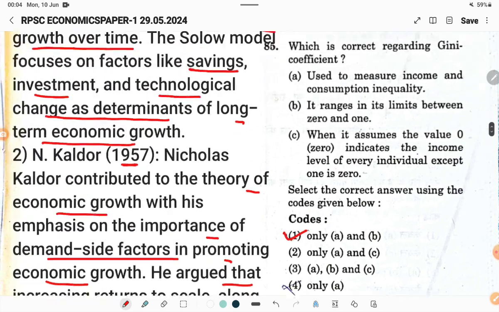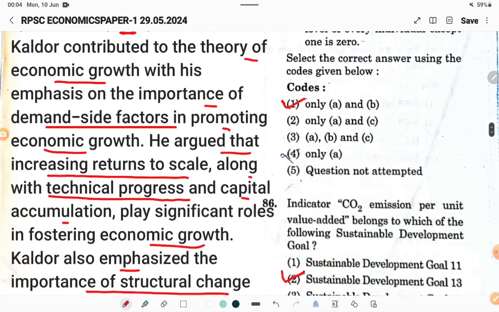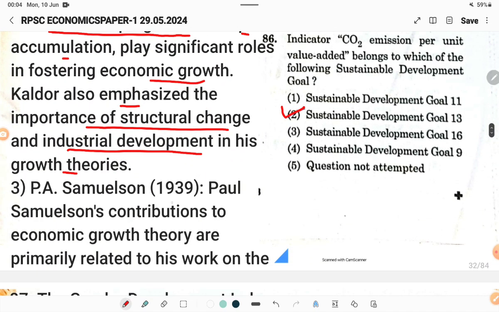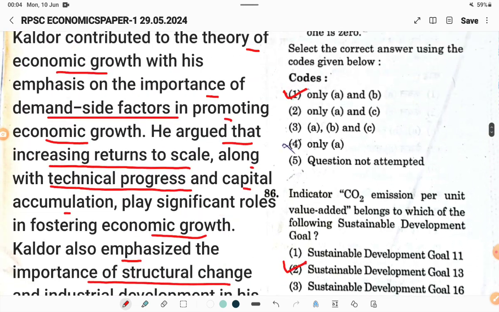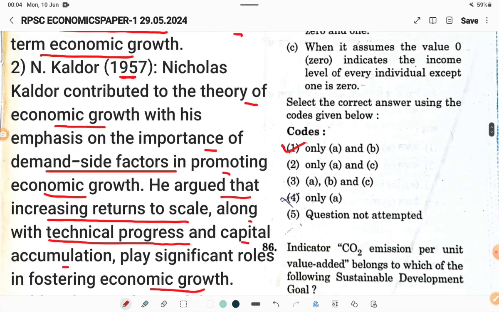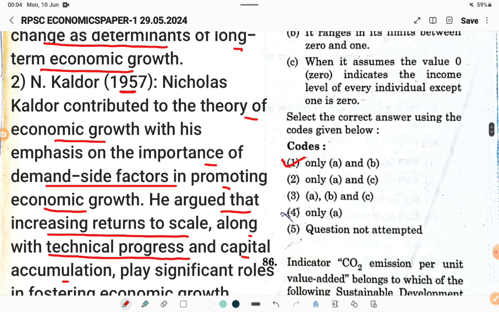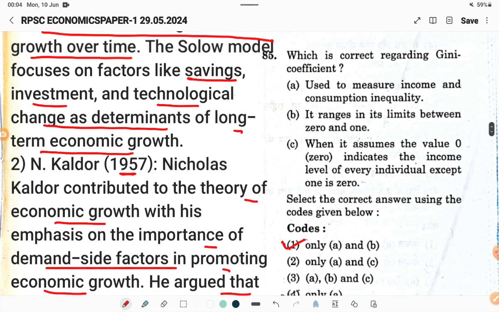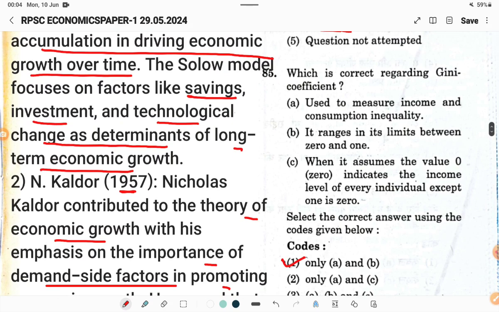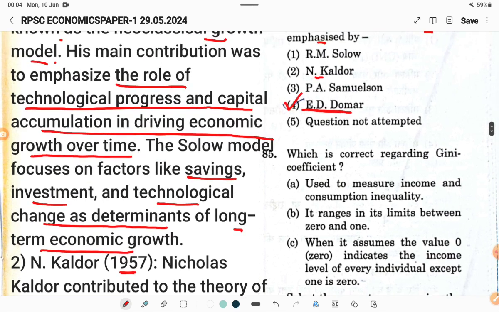And the third will be Paul Samuelson. So Paul Samuelson, 1939. Paul Samuelson's contributions to economic growth theory are primarily related to his work on the Harrod-Domar model. This model highlights the role of investment in generating economic growth. Samuelson, along with Harrod, developed the idea that sustained economic growth requires a level of investment sufficient to absorb increases in labor and maintain full employment. And the fourth one is E.D. Domar,